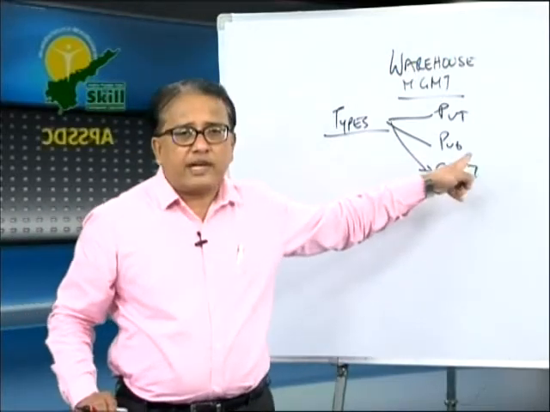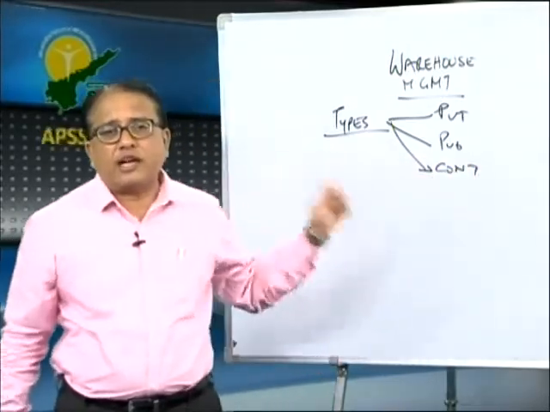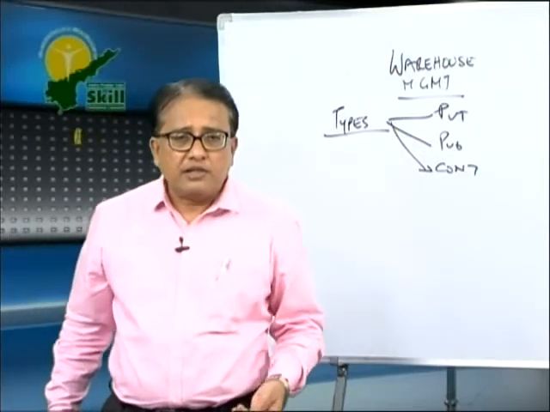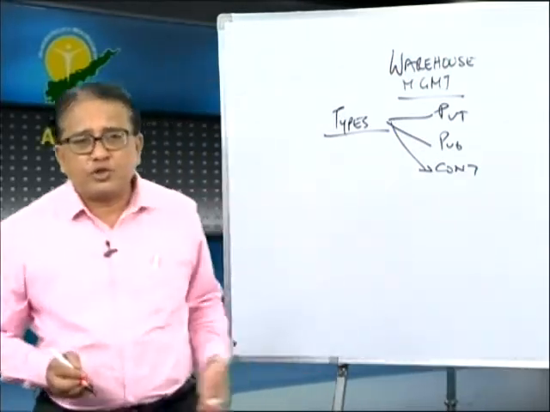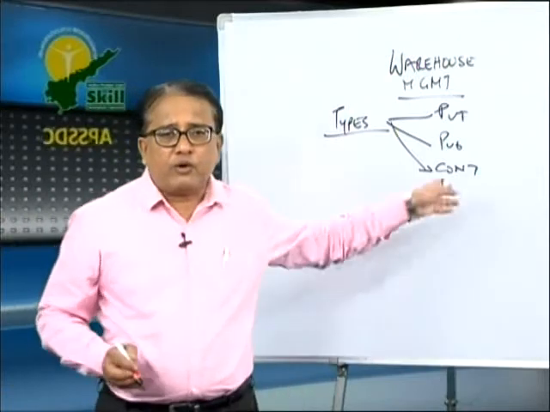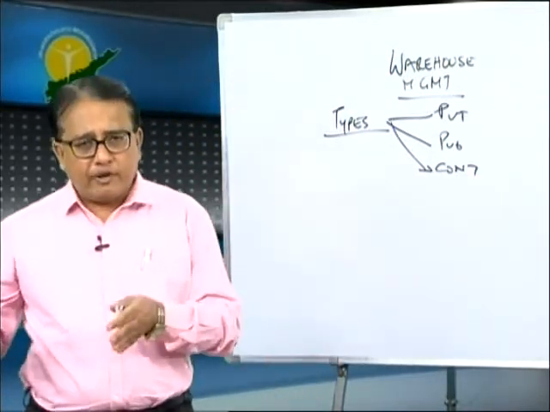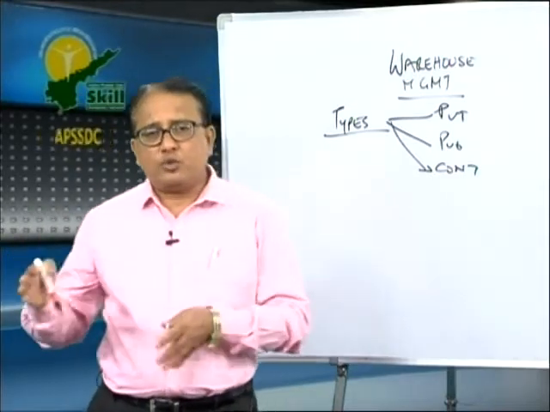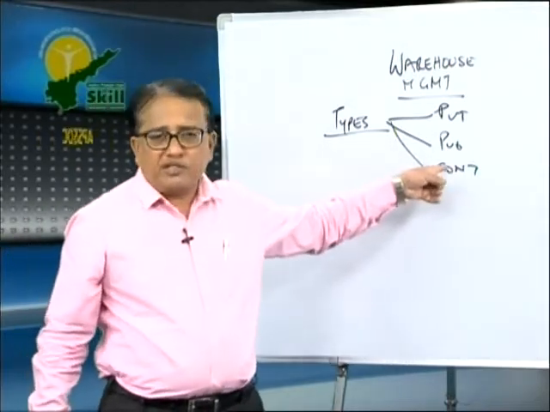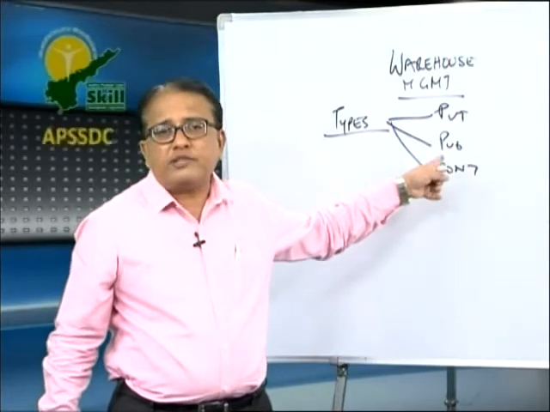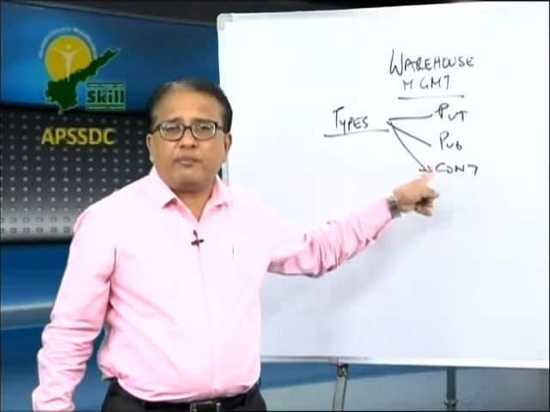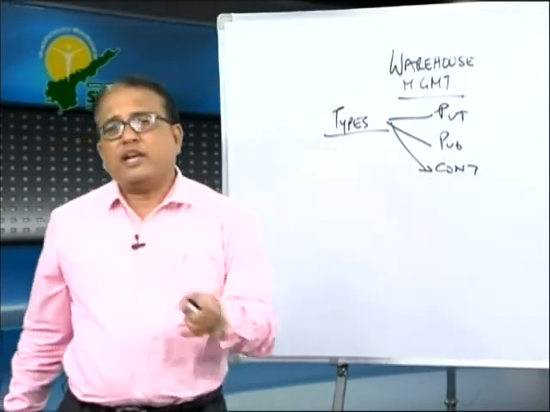Public warehouses again have subdivisions. These are meant for certain items, like for instance we discussed, grains and cold storage. We also have bonded warehouses among public warehouses. Bonded warehouses are available at the border of two countries or two states, and certain paperwork needs to be completed and certain duties, octroi and fees need to be paid before the shipment is moved any further.